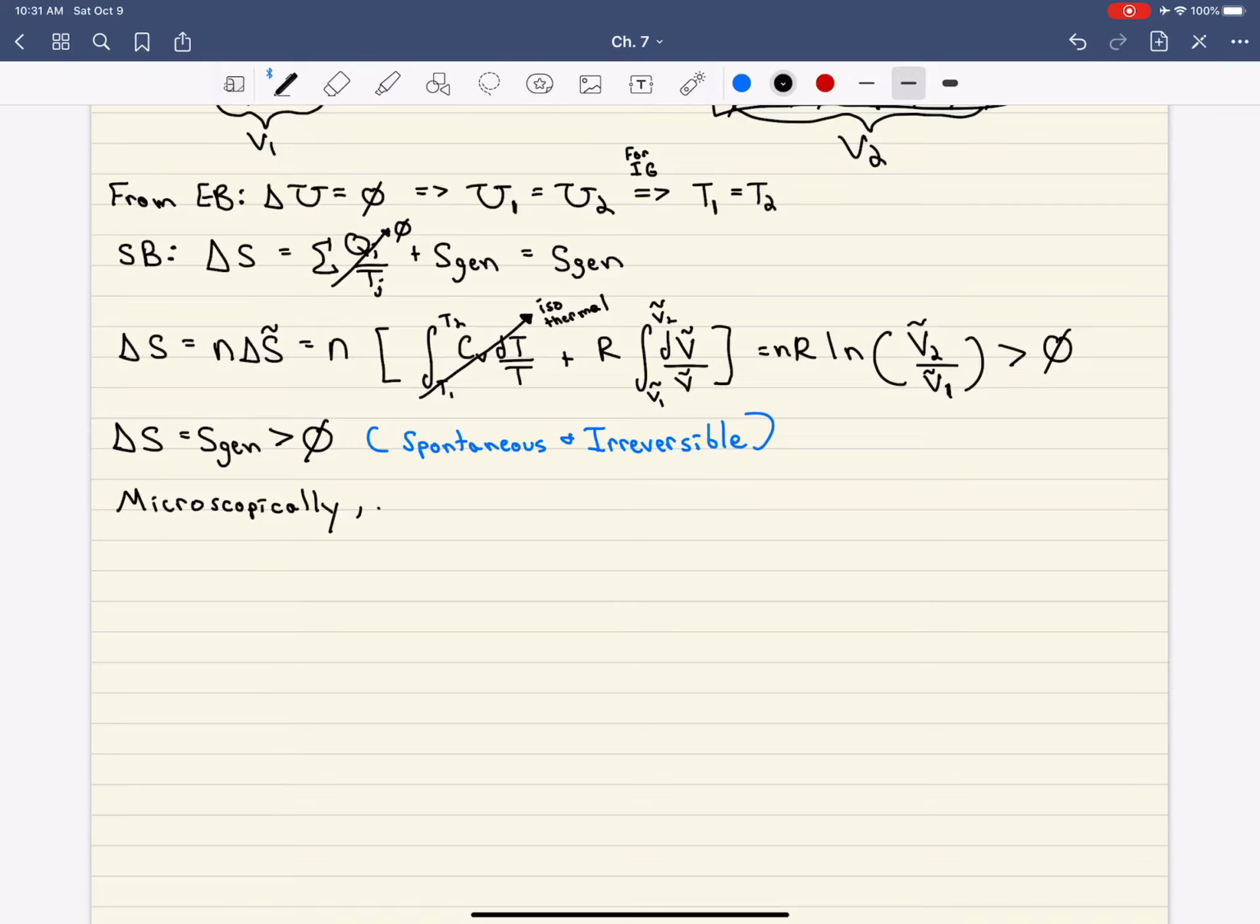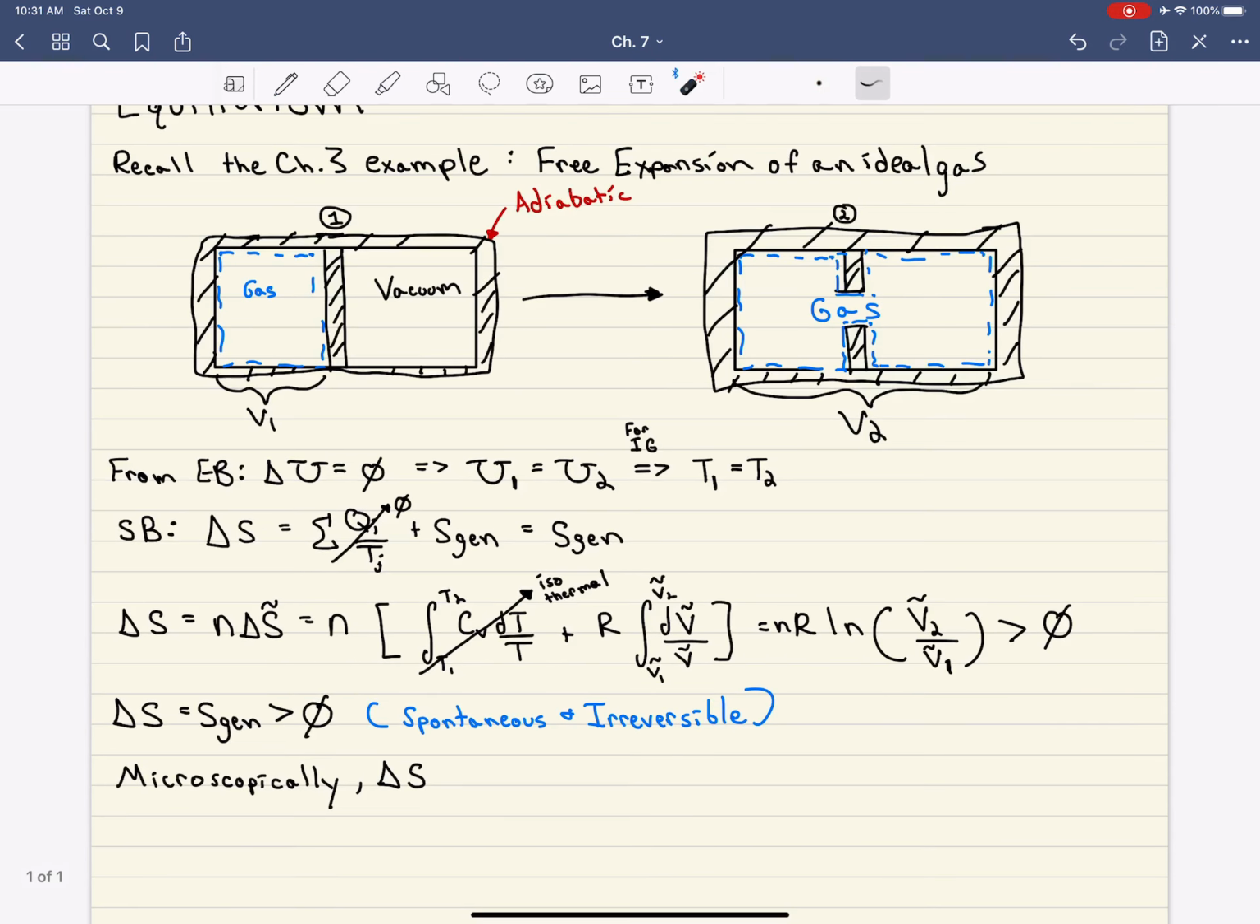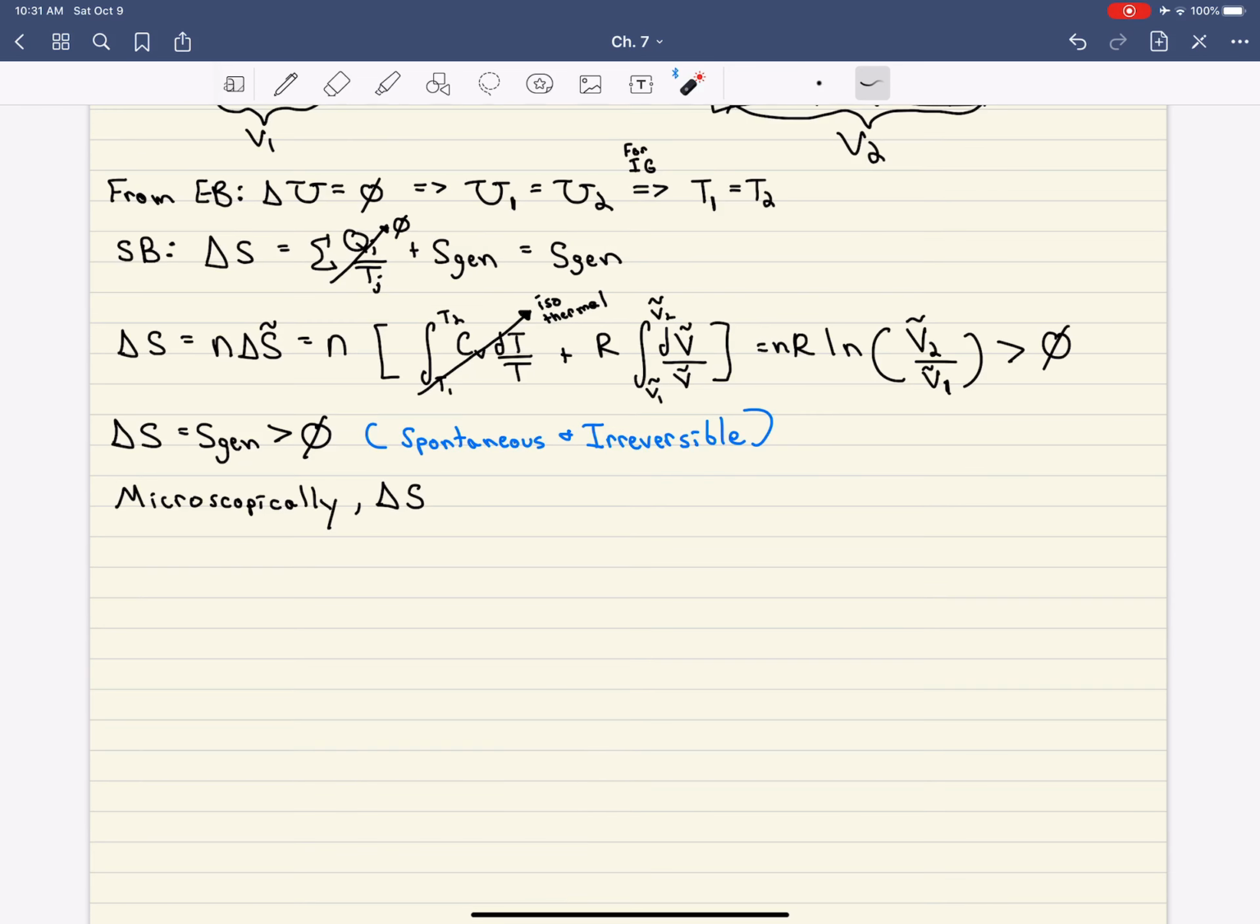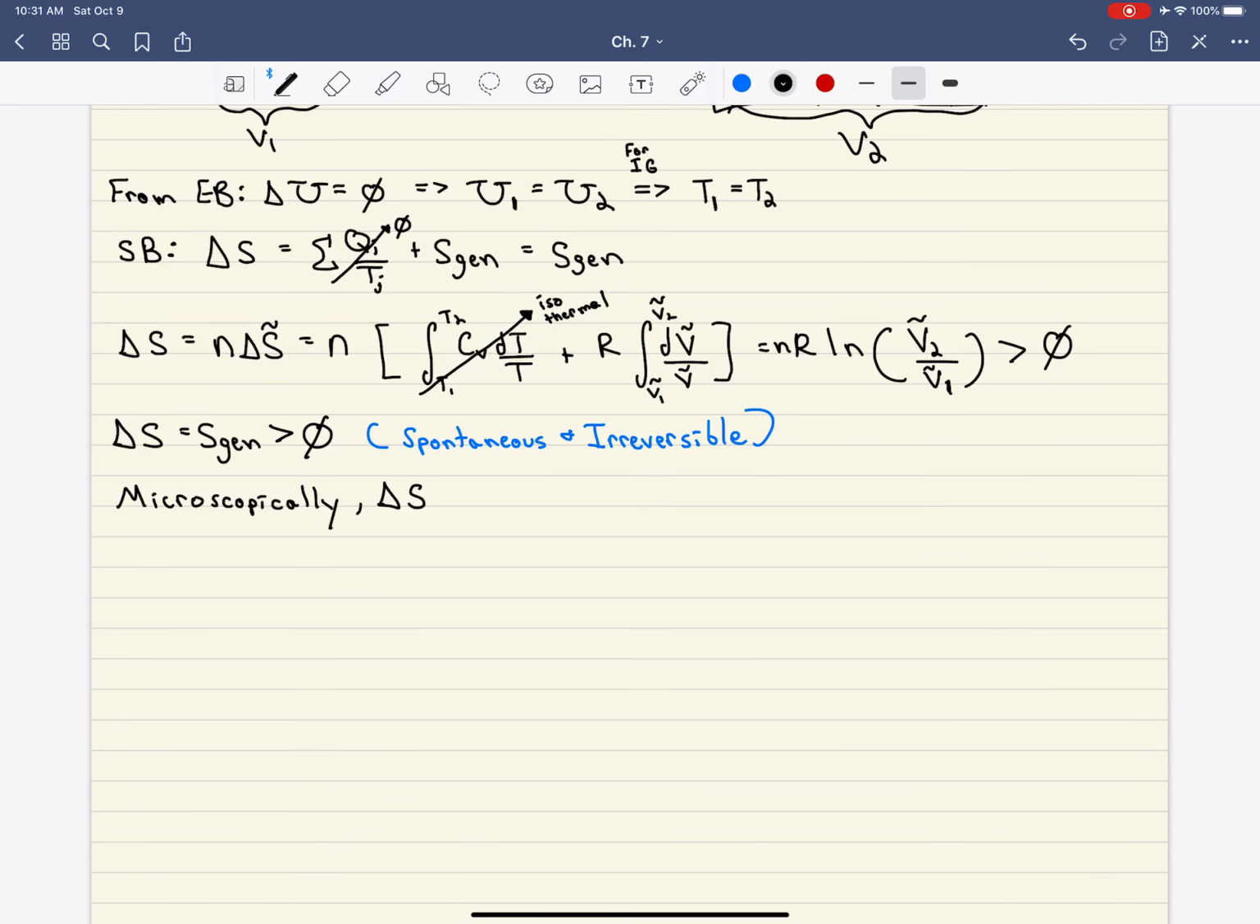And so, we see from our math that delta S increases. And that's because if we increase the available volume for the gas, that means that there's more places that the gas molecules can be. And if there's more places that the gas molecules can be, that means that there's going to be more ways that they can arrange themselves, more places that they could possibly be. Right? And so delta S increases